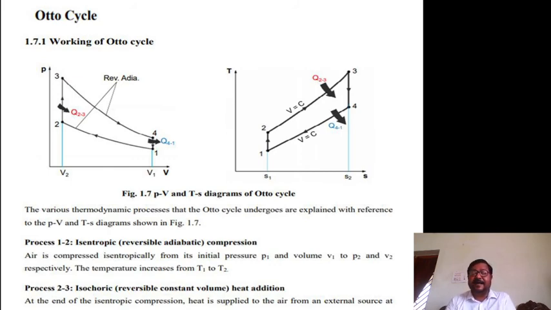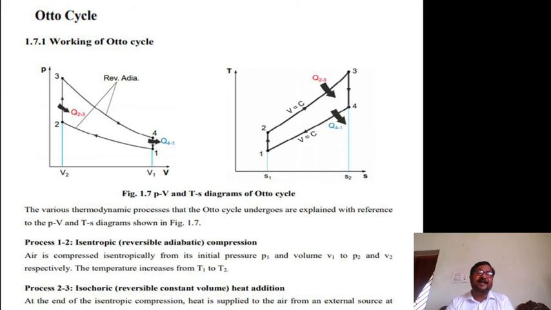In a similar manner, you have to calculate the heat rejection. Here also, in the heat rejection, the temperature at state 4 is more, because compared to the initial volume and temperature, at state 4, at the time of heat rejection, the temperature will be more, right? Here also we are calculating the heat rejection, Q 4 to 1, which is a constant volume process.